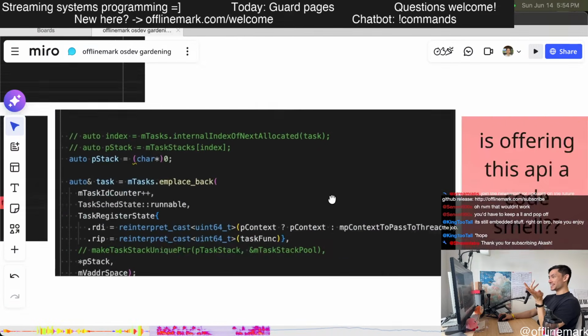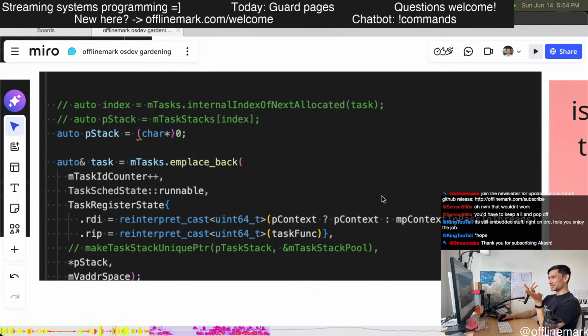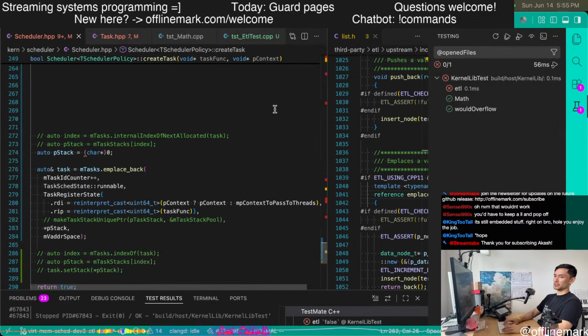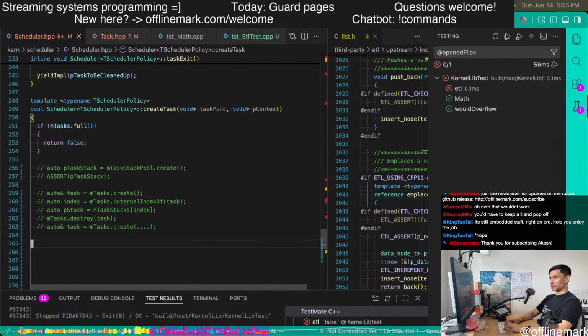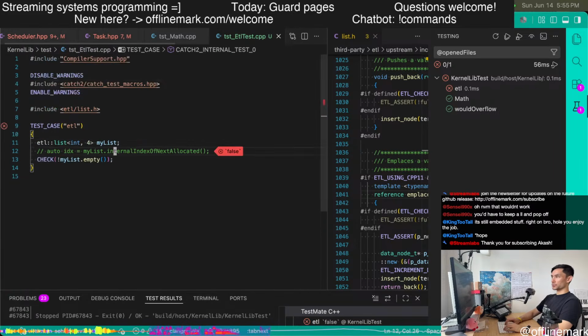I think this is the least evil solution. It just is a weird name, but I think it's not necessarily an unreasonable API. So let's just do it. Okay, so we're gonna go over here.